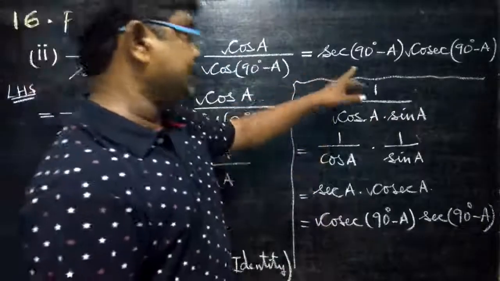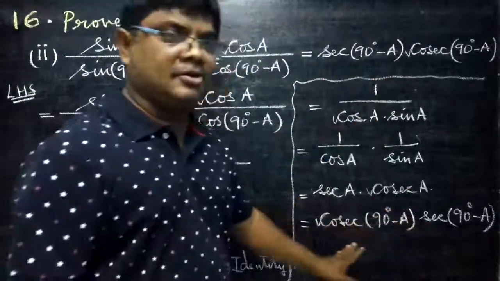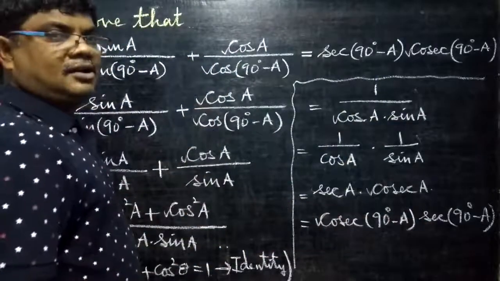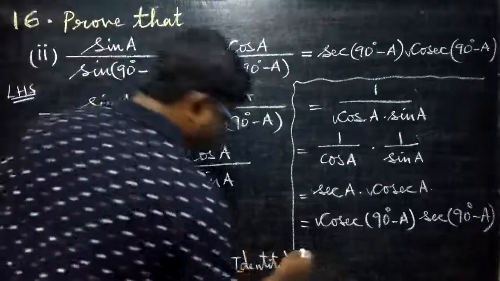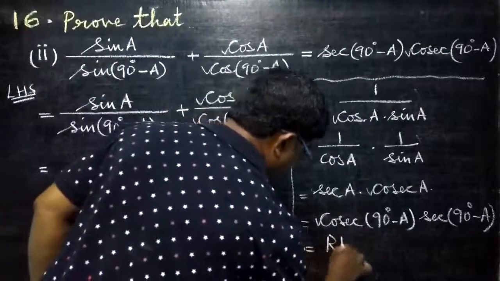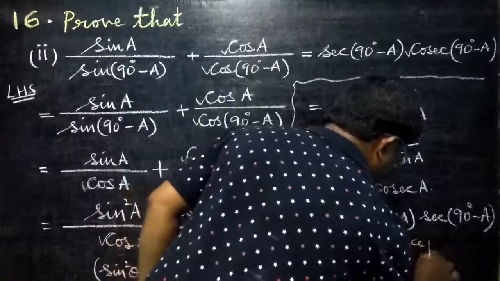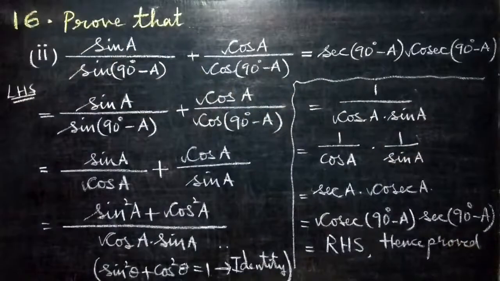So these are also formulas. Here first secant came, and here you got cosecant first, but 1 into 2 or 2 into 1 is the same. In multiplication nothing will happen. The commutative property we have learned: A into B is equal to B into A. So LHS is equal to RHS, hence proved. The words 'hence proved' are compulsory. They told us to prove it and we have proved it. This is the way of solving the problem.